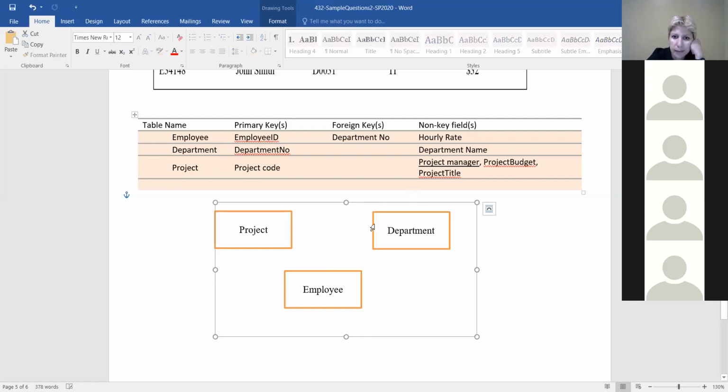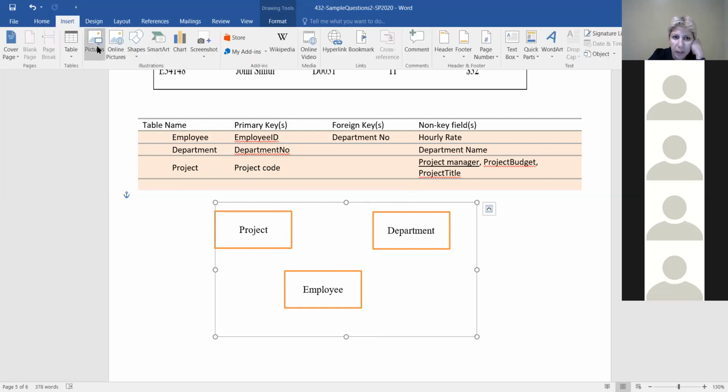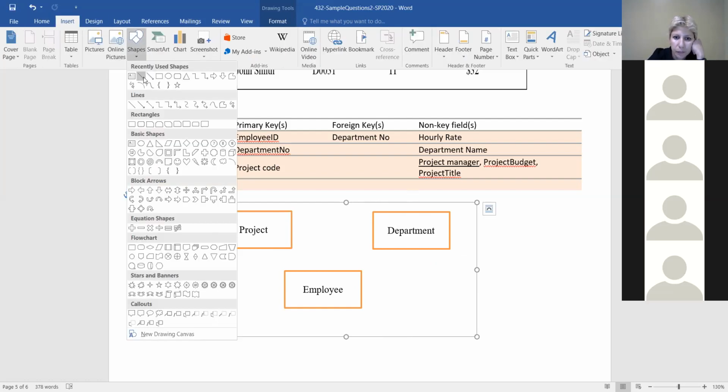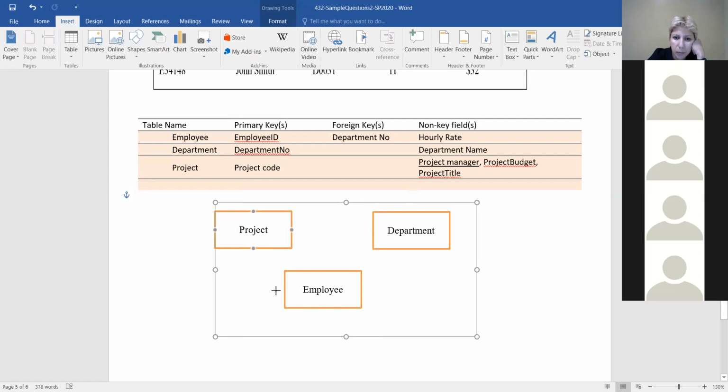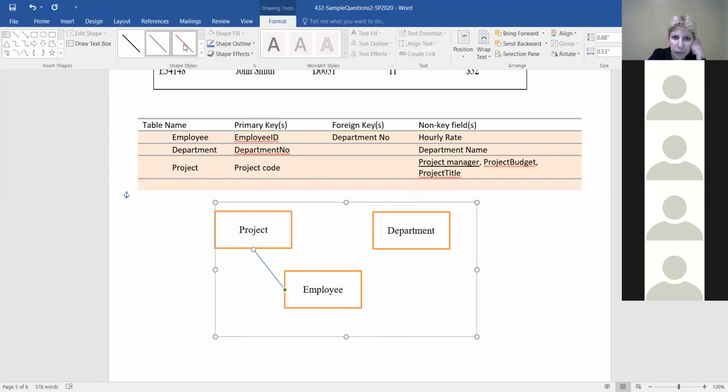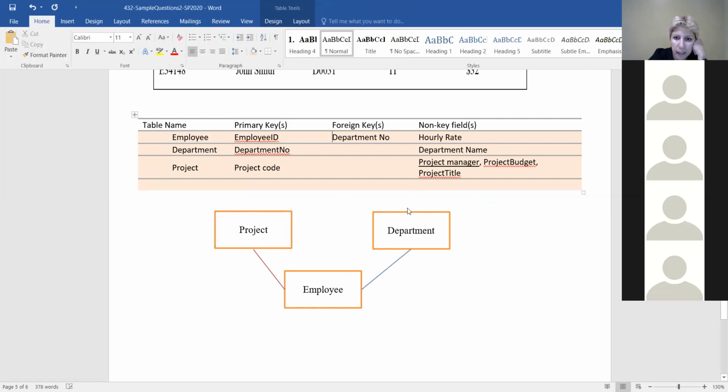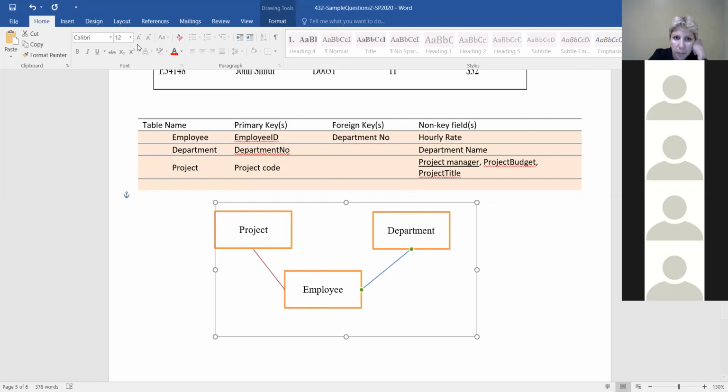I'll let these stay. Maybe I'll just connect them. Obviously, employees work on project, but then you think about the kind of association they have. Also, employees work in departments. Rizwan already has given us that part of it,